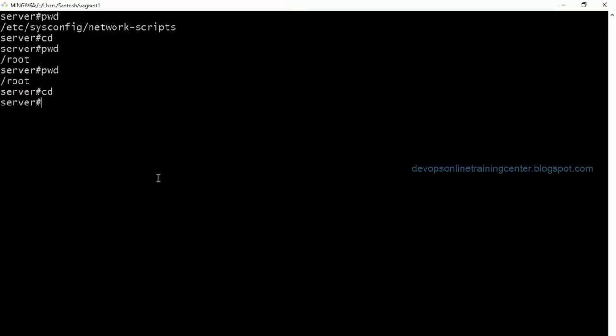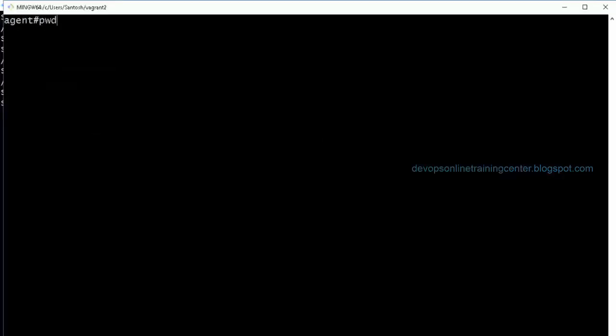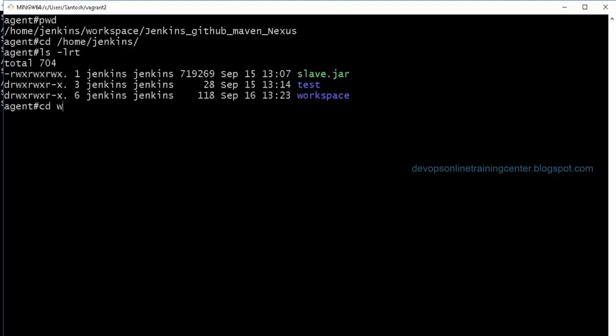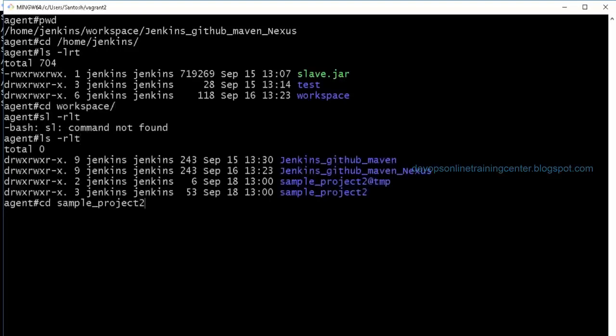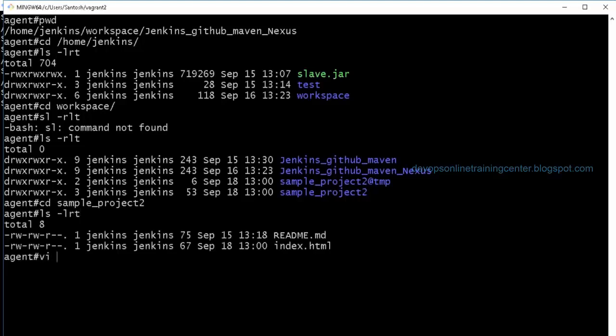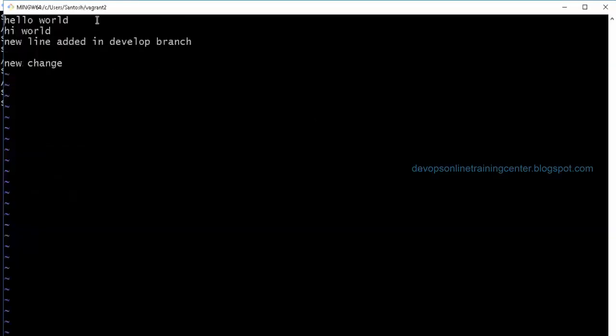I think we selected slave in the job. Yeah, so it will download to home, Jenkins, workspace, and the project name is sample project 2. Now if I open index.html, there is a new change, right?